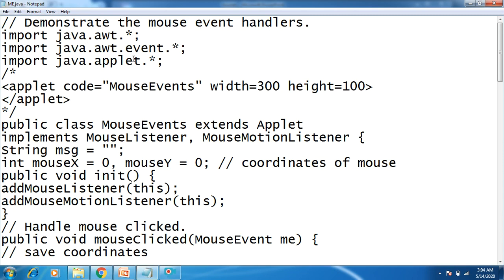So here we have included three packages. One is java.awt, java.awt.event is another package you have to include when you want to go for event handling, and java.applet. Whatever, this is an HTML file. So the name of the class is MouseEvents, extends Applet,